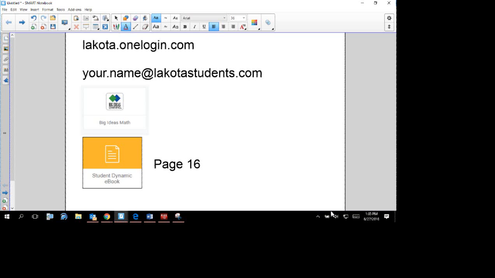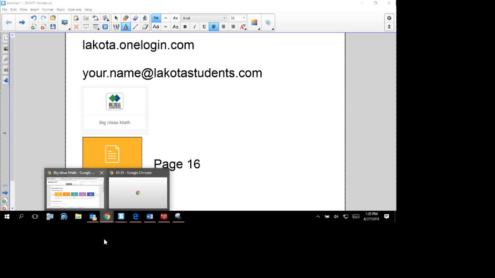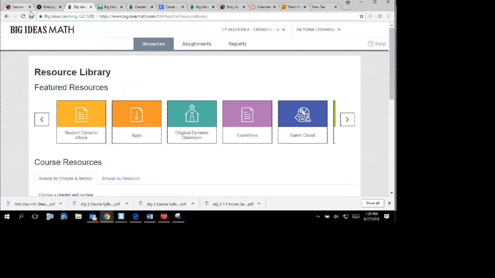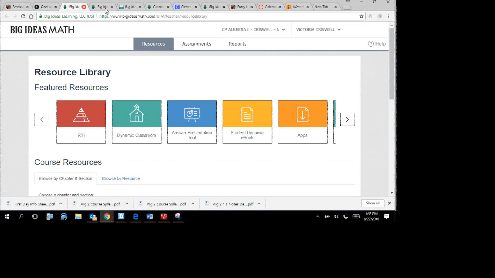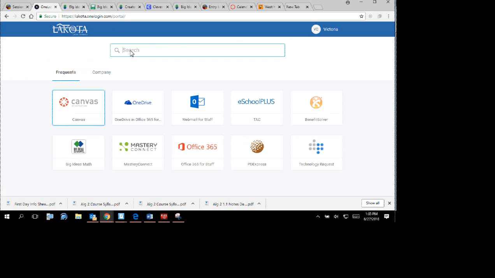So if you're able to get on, look for the book. It has an icon like that, and you're going to go find page 16 if you can open it up. If you get something that kind of looks like an error, I don't know if it's going to do this at your house or not. I think it'll do it for me probably again. Nope, didn't do it for me because I'm not logged out. If you get some error that